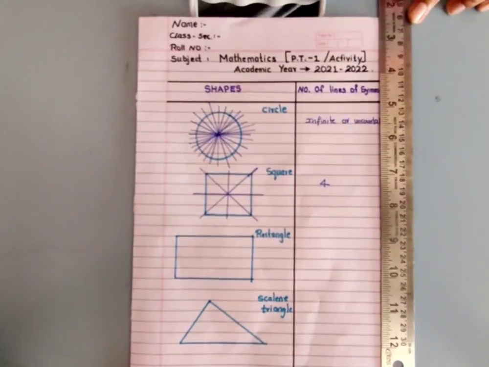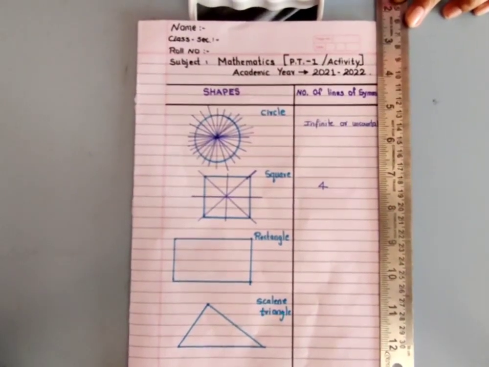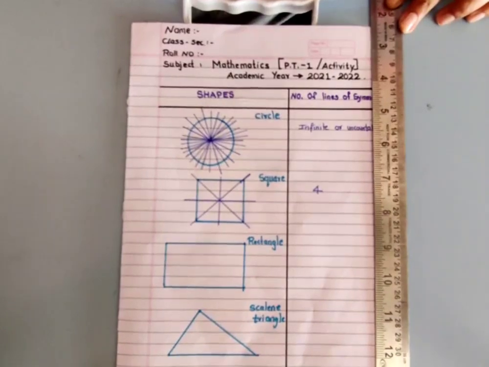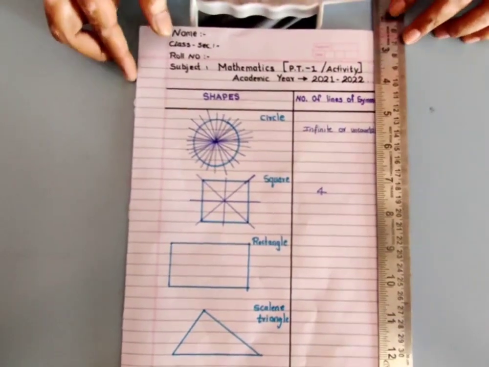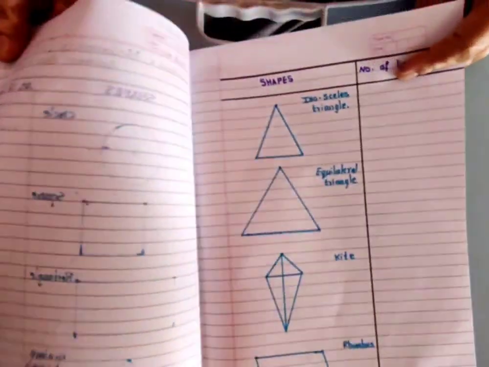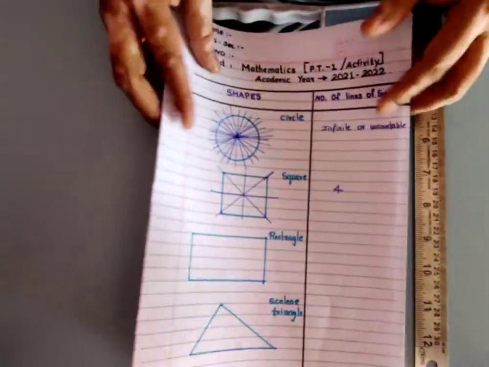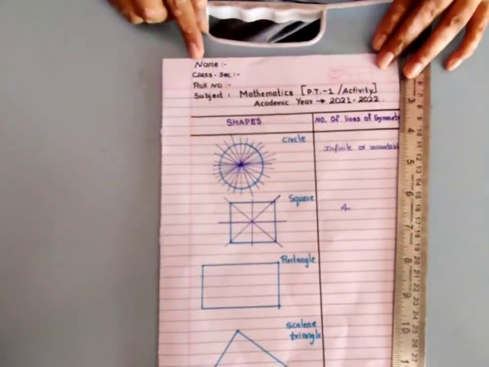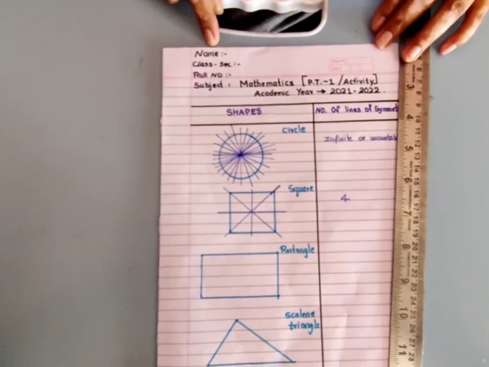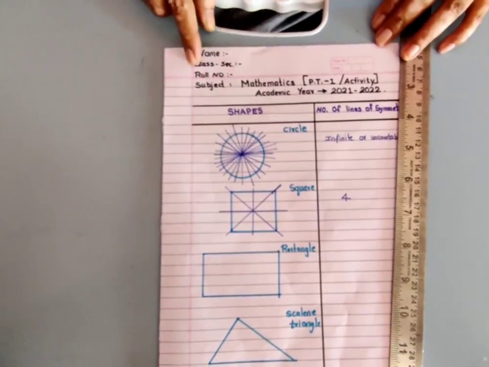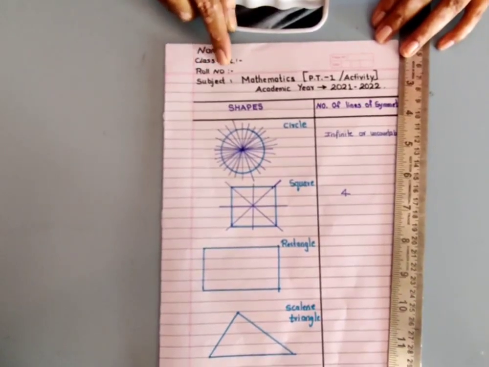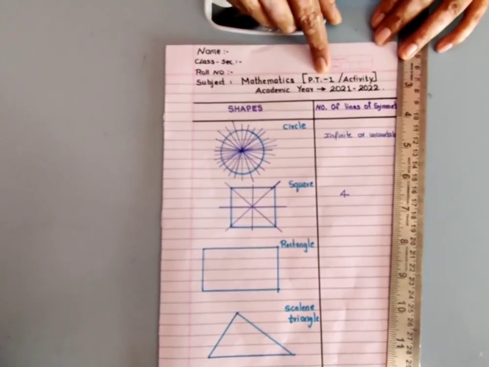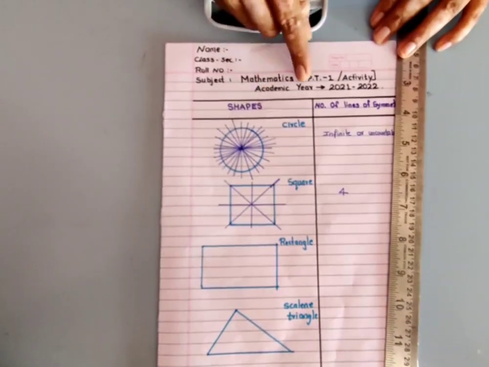Students, in this video what you are going to learn? You will be learning how you are going to represent your PT1 activity. Students, for this you have to take one double middle page of your notebook, any of your notebook, and then on the very first page you will be writing your name, class section, roll number, subject is mathematics. This is your PT1 activity for the academic year